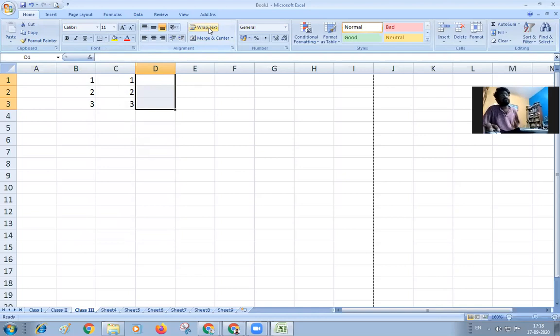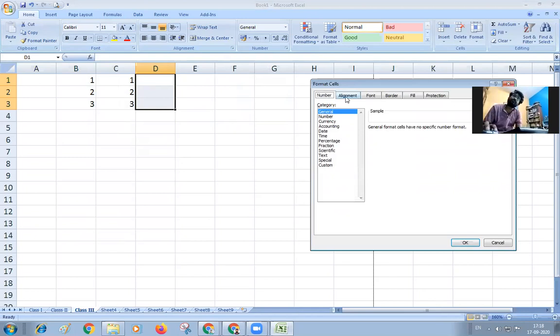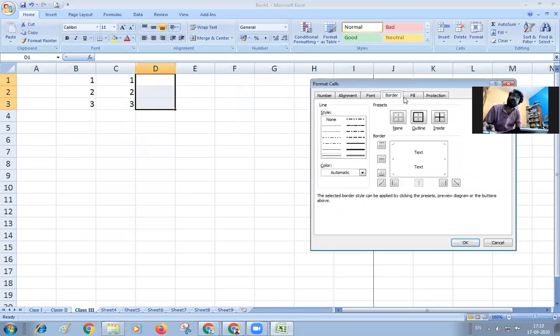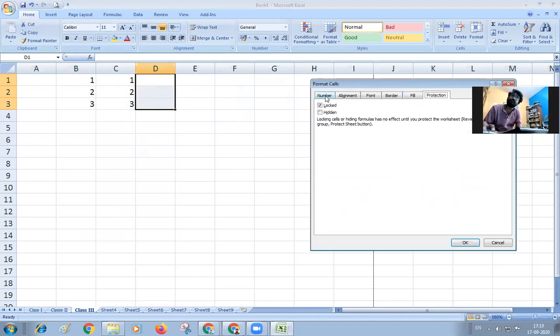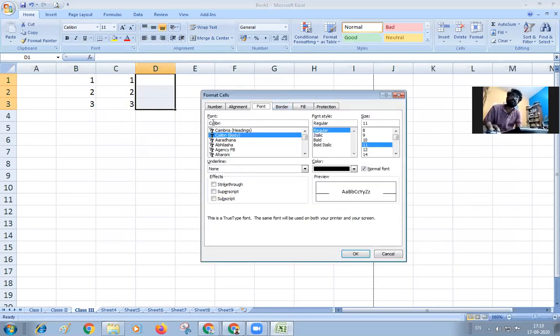The only thing that is going to change is that in the font dialog box, you can see a number of tabs available. You can see a number tab, alignment tab, font tab, border, fill, protection. And first I'm going for the font itself. The font remains constant as it is a font style,